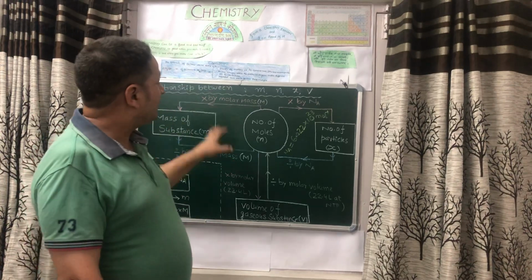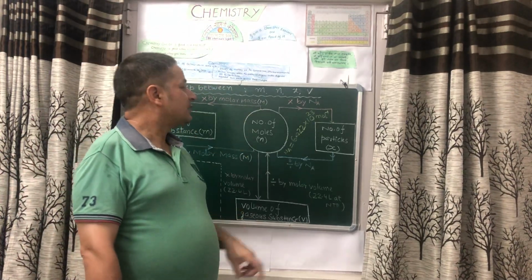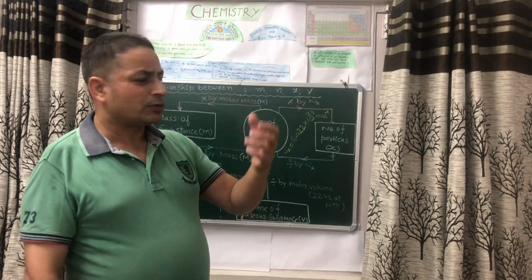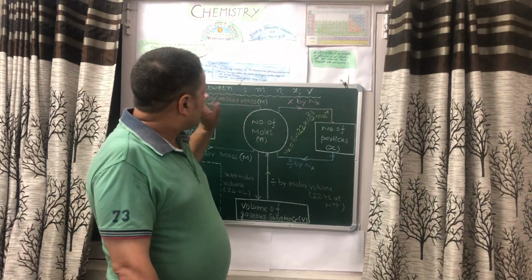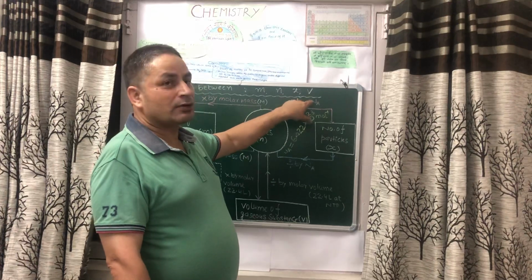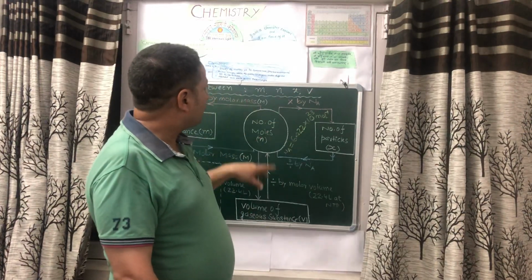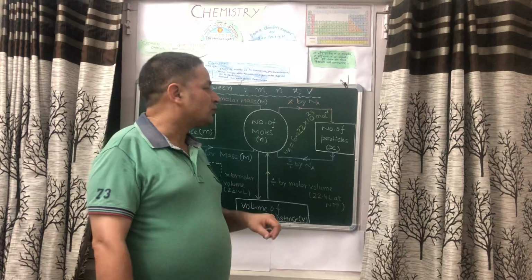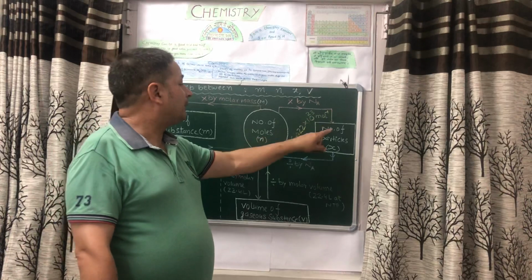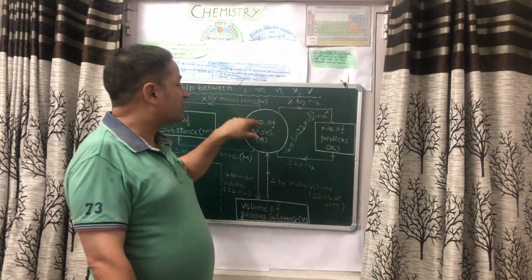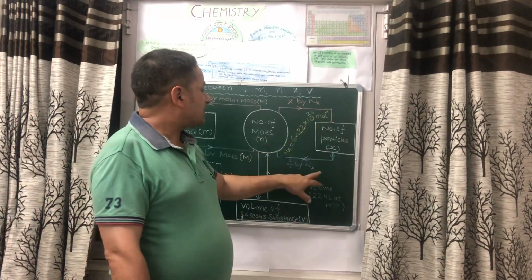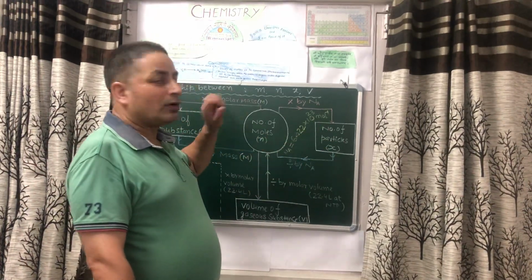Okay, similarly if you want to convert number of moles into number of particles, particles may be atoms, ions, electrons, protons, neutrons, then the number of moles has to be converted into number of particles by multiplying by Avogadro's number, that is called Na, and the value of Na, you know it, is 6.022 into 10 raised to power 23 per mole. Similarly, the number of particles, that is X, has to be converted into number of moles. So what to do? Number of particles is divided by Na, and you will get the number of moles.